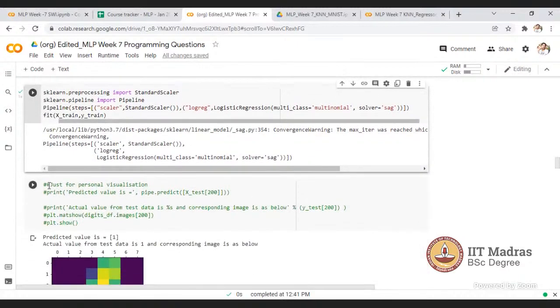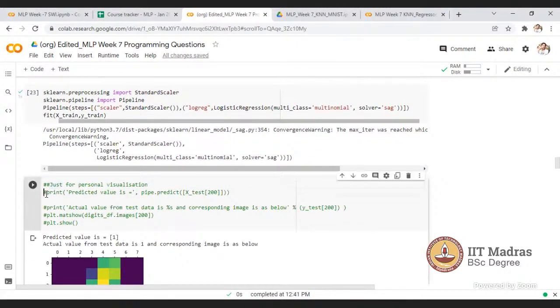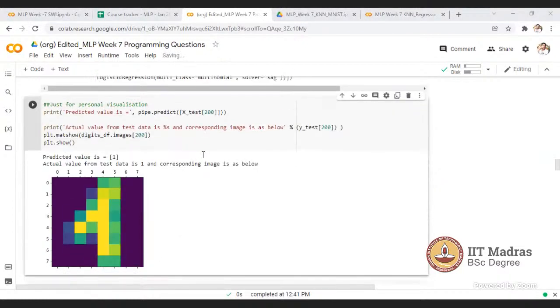Actually, just for visualization, I created this. Just print this one. Like you were saying, there is one more metric for this data set, where we have 64 features and 8 by 8 pixels.